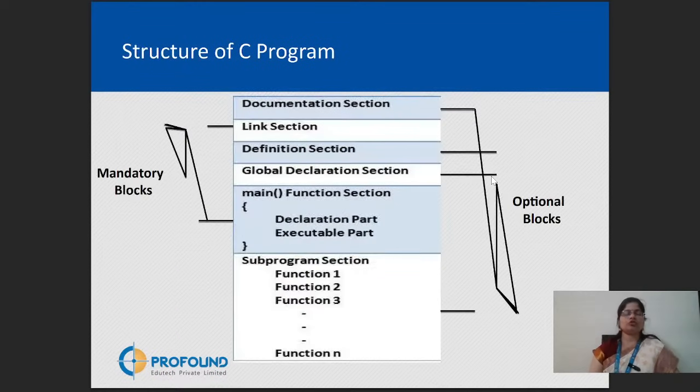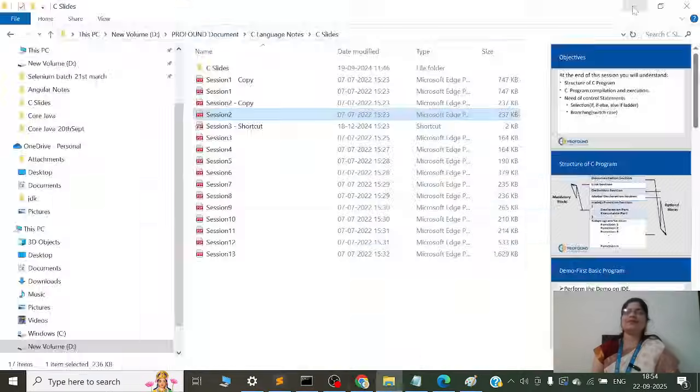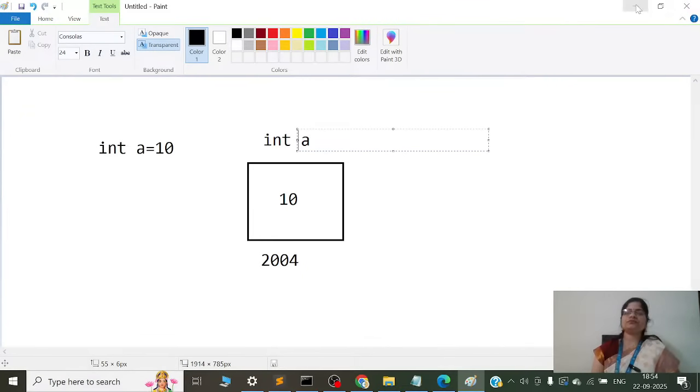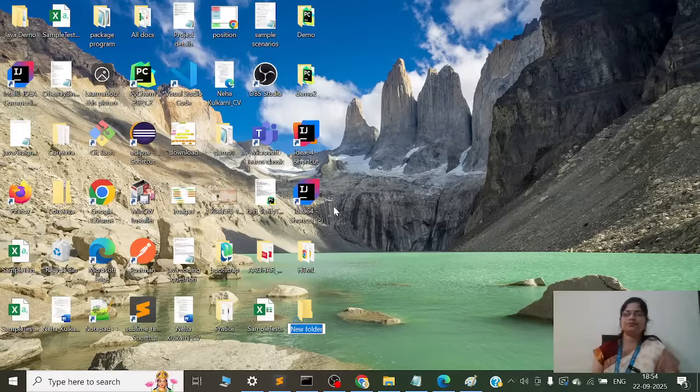The first C program I am creating in one editor, which is Sublime Text. I will create one folder, and in that folder I will save this program. I have named the folder C batch.